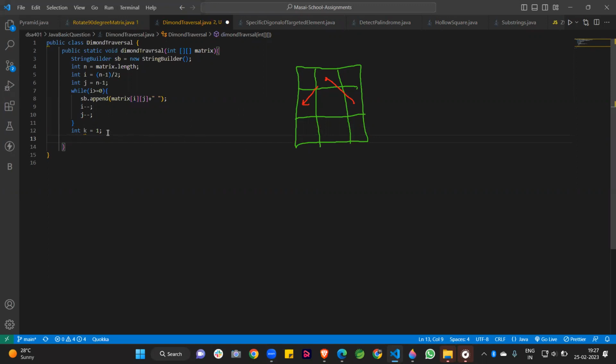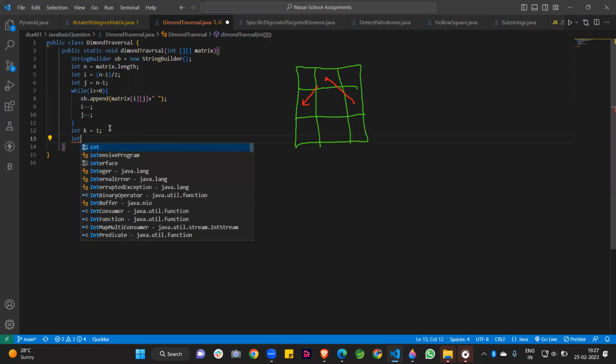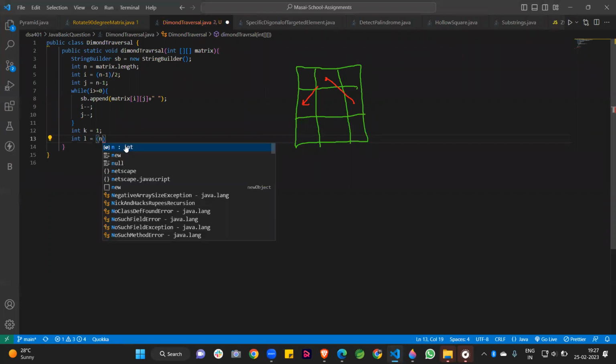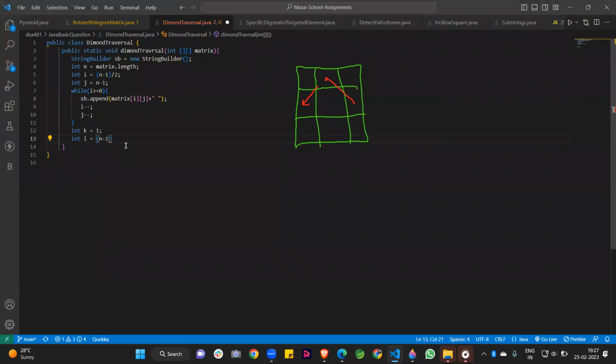Okay, so k = 1, and for the column value I write int l equals n minus 1 divided by 2, and after that we subtract one, for the same reason. I will explain this column after writing it.